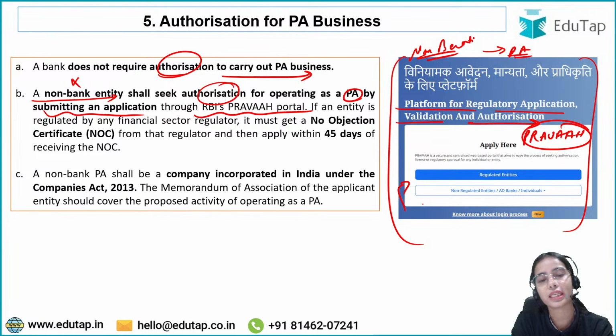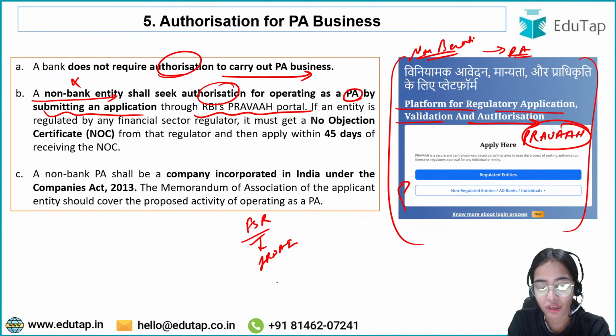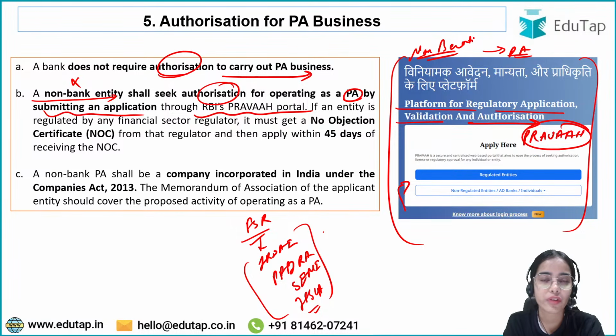If the entity is regulated by a financial sector regulator, let's say IRDAI, the insurance regulator, PFRDA, the pension sector regulator, SEBI, the financial market regulator, or IFSCA, the regulator of the International Financial Services Centre,